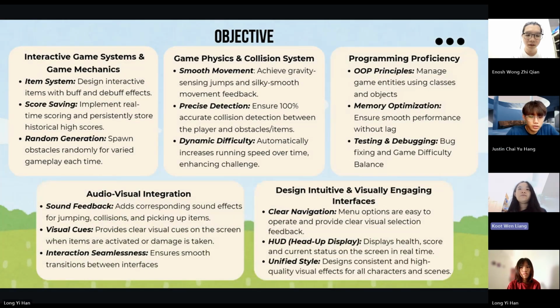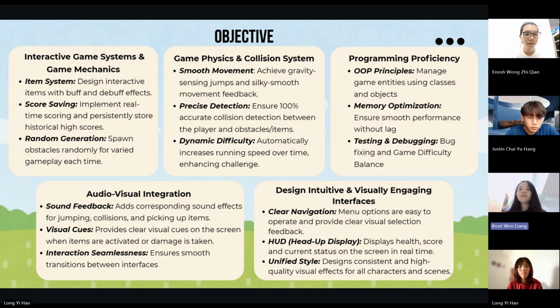Our project focuses on 5 core objectives to build a polished and engaging game. First, we will create a smooth and responsive foundation with precise physics, collision, and progressive difficulty. Second, we will implement fun, replayable gameplay through power-ups, a scoring system, and randomized challenges. Third, we design clear and intuitive menus and visuals to ensure the interface is easy to navigate.